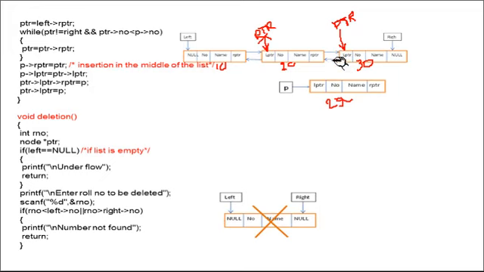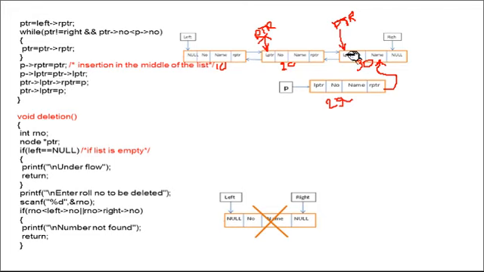So we have to break these two links and create two more links. So p of rptr should point to ptr. So this link will be created to this node. And the second line, p of lptr equals to ptr of lptr.